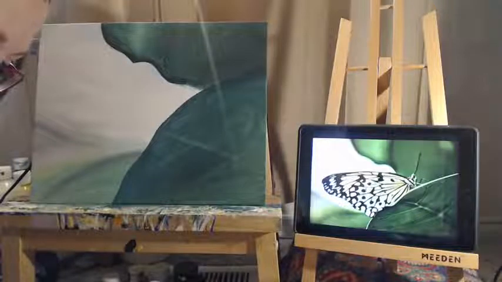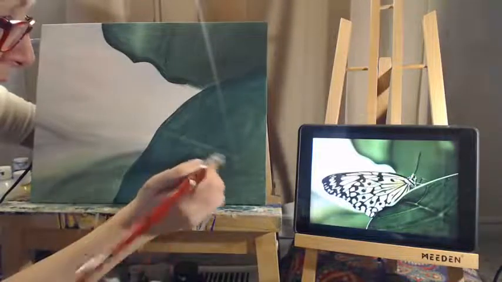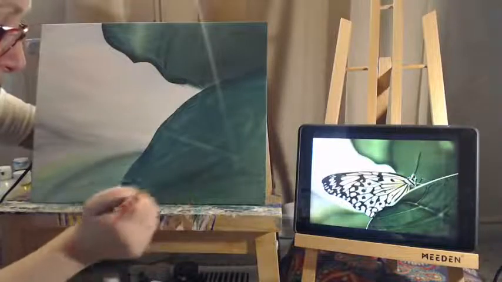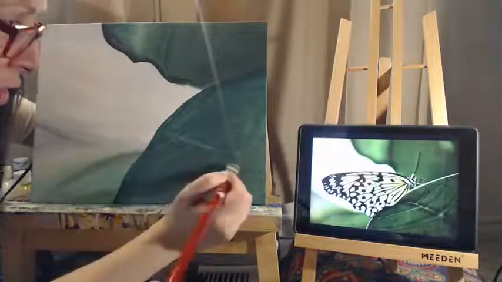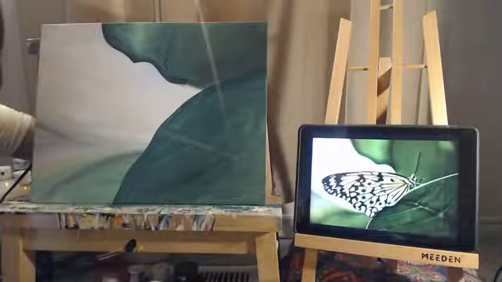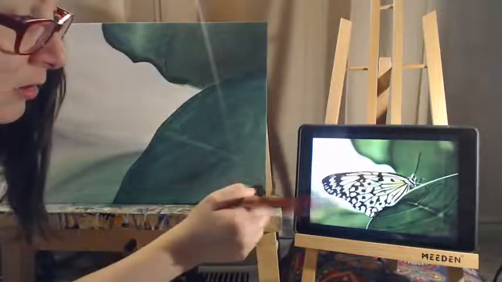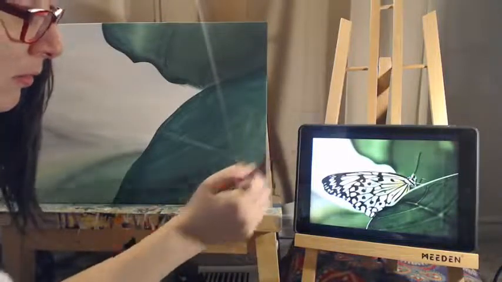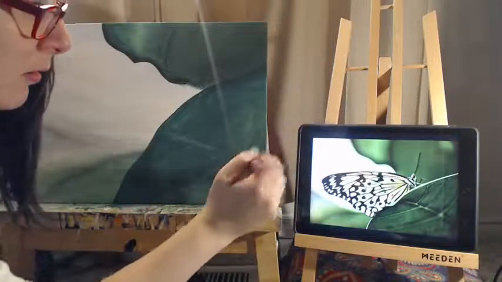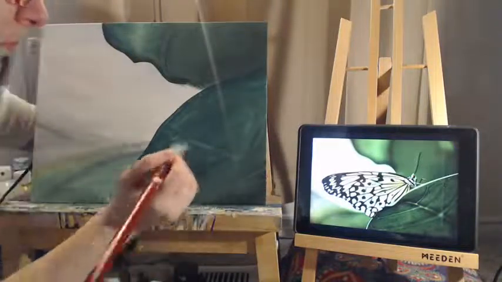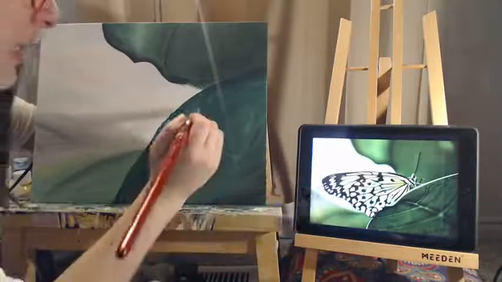So I want to get, again, a lighter green. And I just want to start painting this area here and start getting the strokes kind of in the same direction as the leaf is living, if that makes sense. Okay, and it's definitely darker down here. I'm going to get some darkness going. A little darker in here. So I'm just kind of looking at our reference image